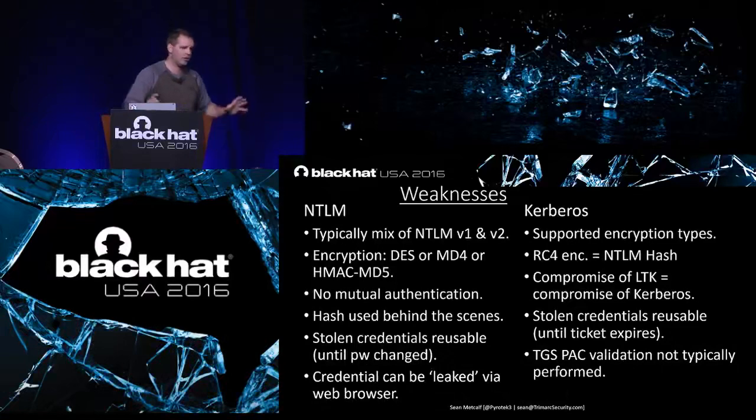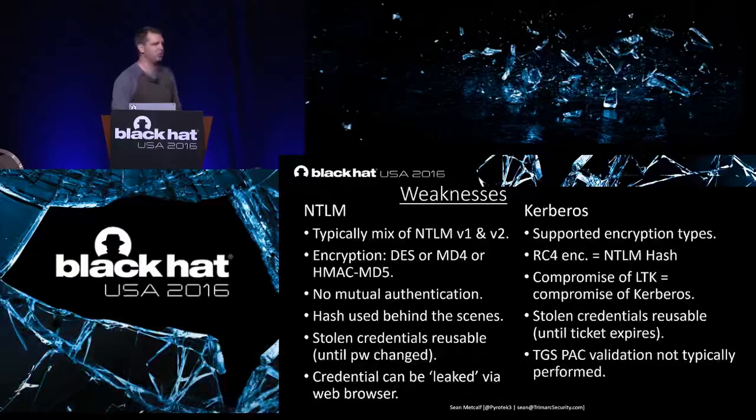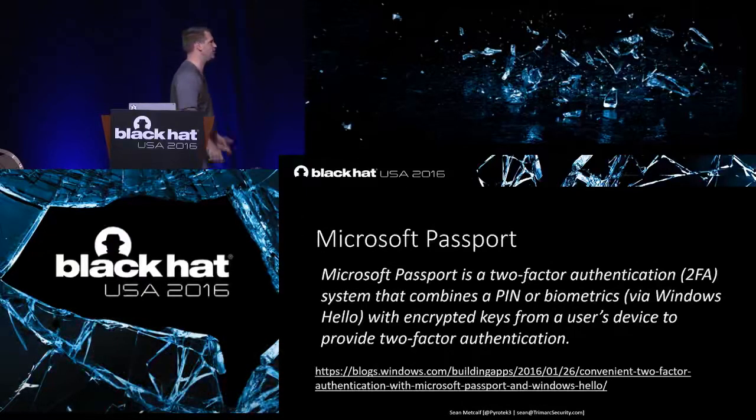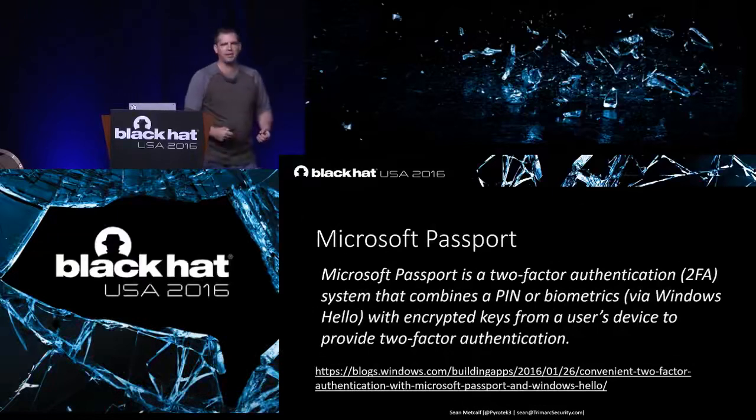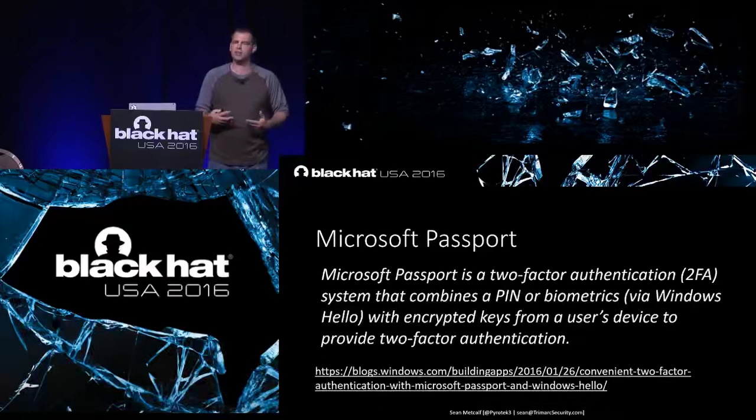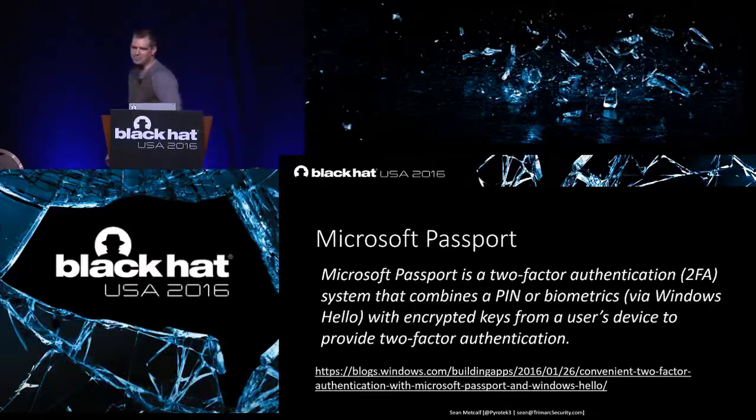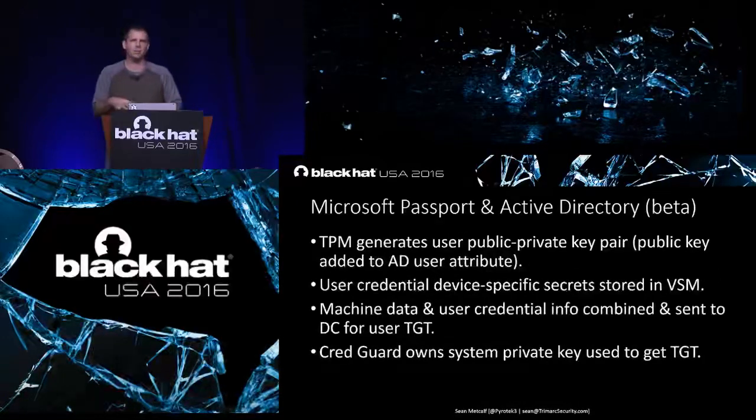So Microsoft said, okay, we have a problem. We know we've been using protocols from 30 or 40 years ago, so let's update it to Microsoft Passport. Passport is a two-factor authentication system that combines a PIN with encrypted keys from a user's device to provide two-factor authentication. All right, that's a lot. What does that actually mean? Well, it's still in beta. When 2016 comes out in September, we'll have a much better idea of how this works, but broad strokes are,